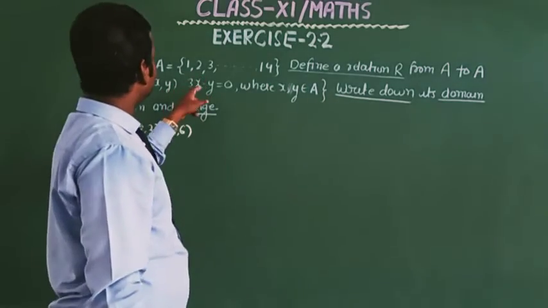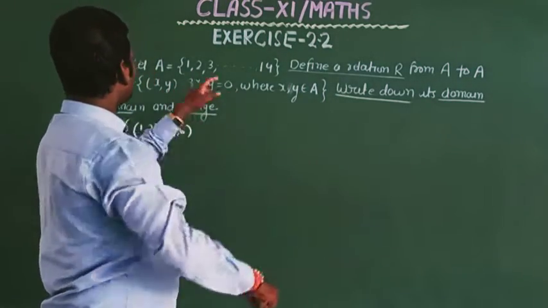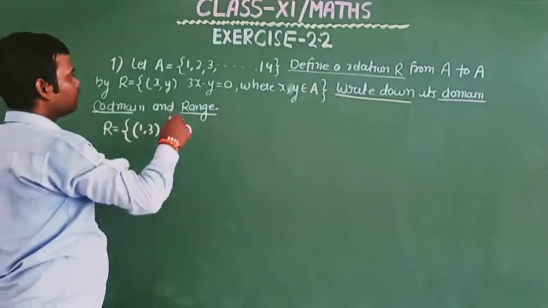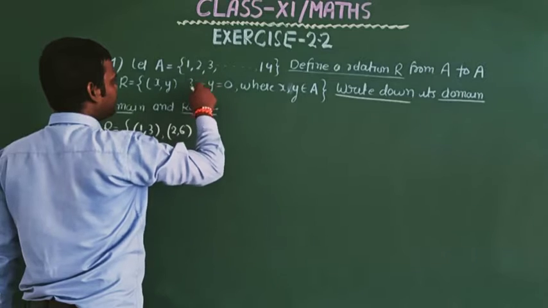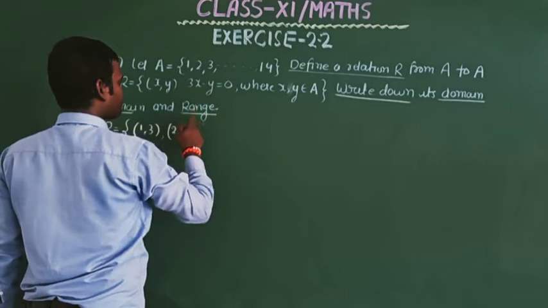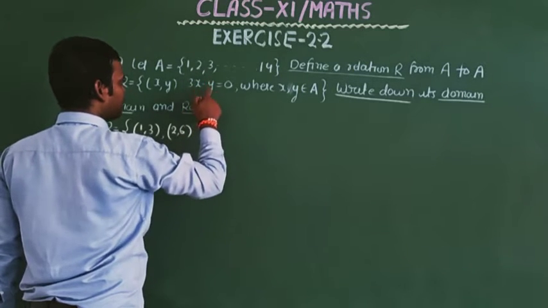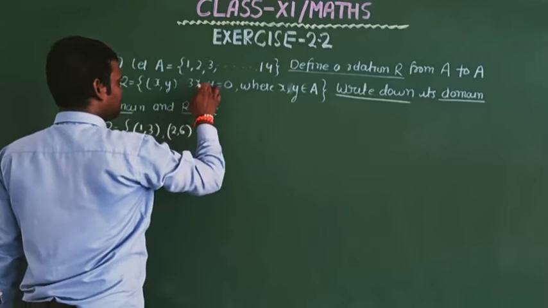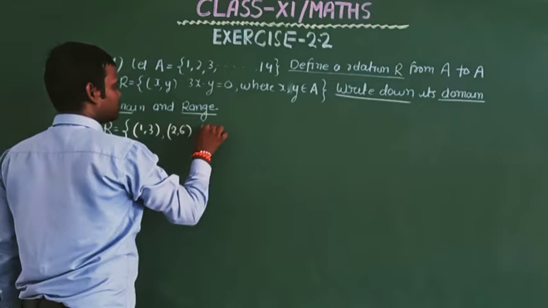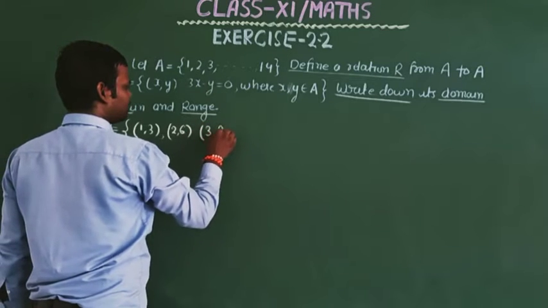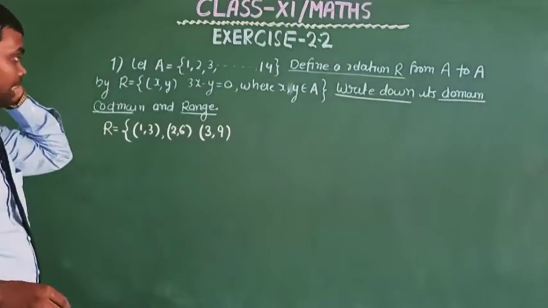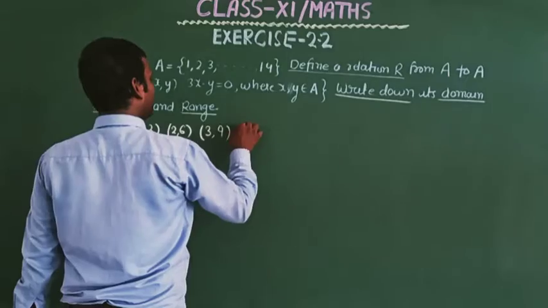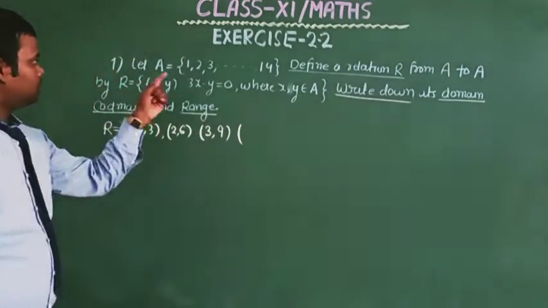Now substituting the value 3 here, we get the value of y as 3 times 3, that is 9. And next, taking x as 4,